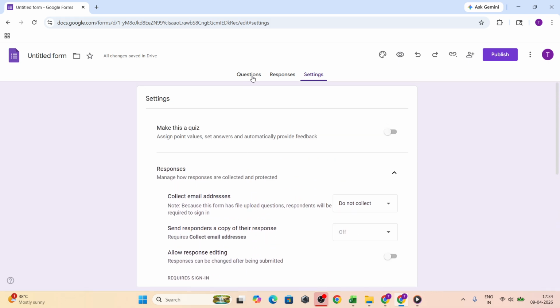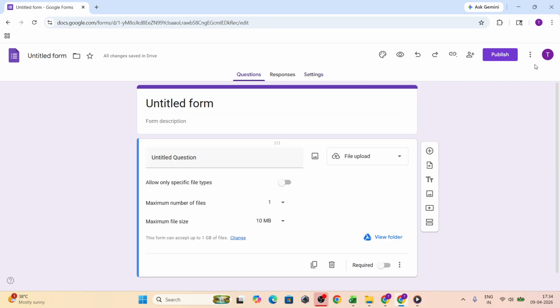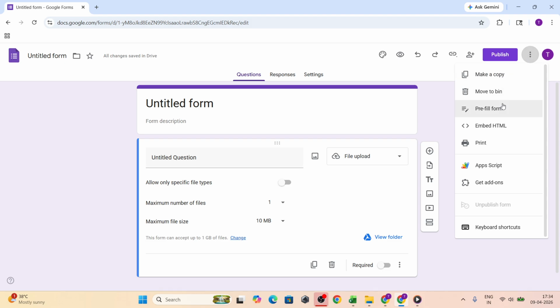Next, look to the top right of the screen. Depending on your interface, you'll either see a share icon or you'll click the 3 vertical dots to open the More menu. From there, choose Add Collaborators. Both options lead to the same sharing window. If you don't immediately see Share, don't worry, using the 3 dots and selecting Add Collaborators gets you to the